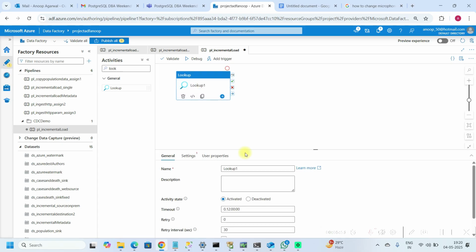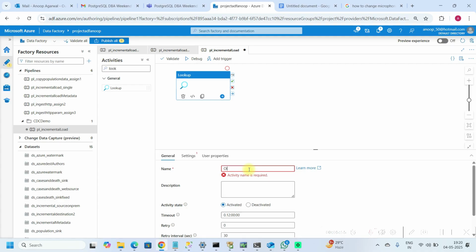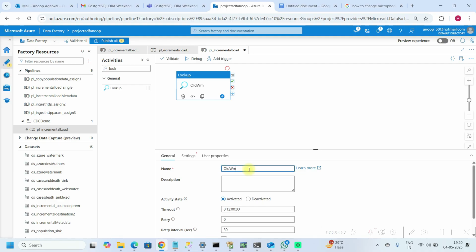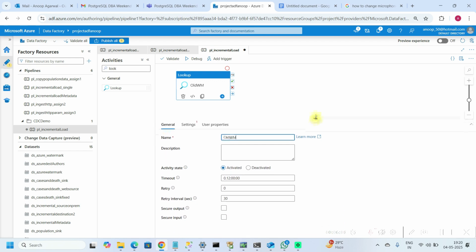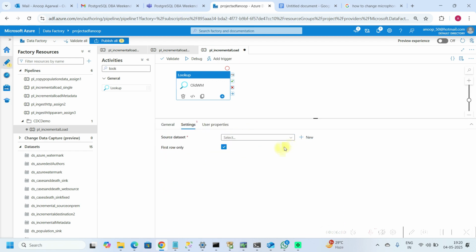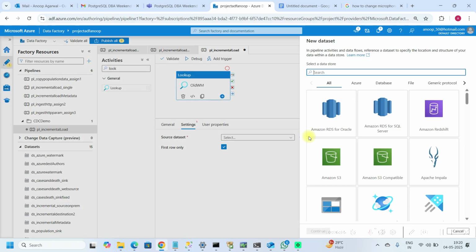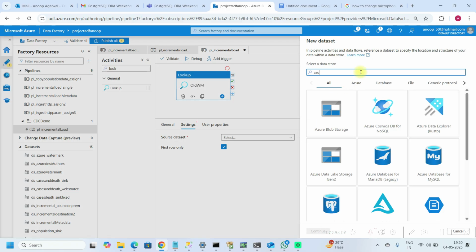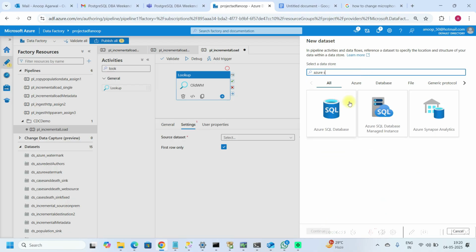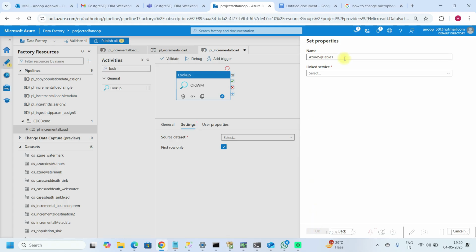This will get us the old watermark, so we'll call it old WM, right? Okay, and this we need to connect. Okay, so we'll create a new data set. So this is my watermark table is on Azure SQL, so we'll just say Azure SQL database, right? So continue, and we will call it